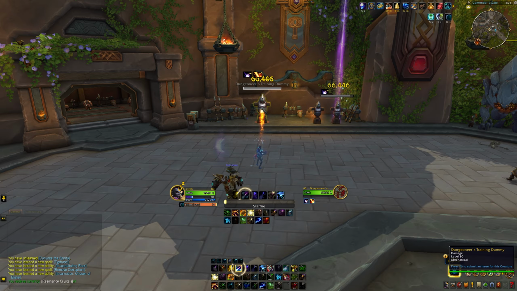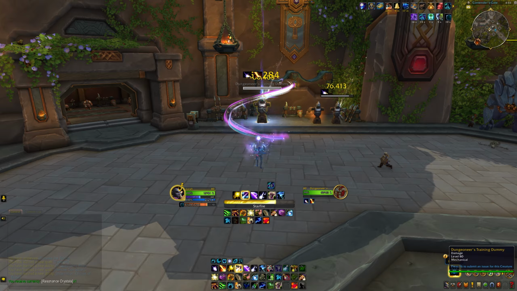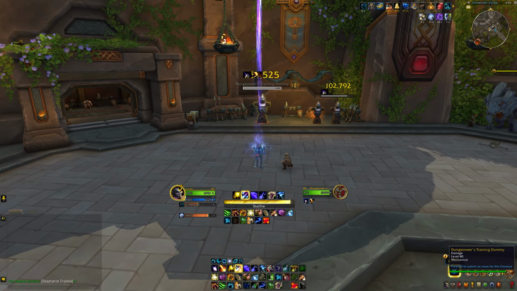An example of one of these features is the cooldown manager, which is essentially Blizzard's response to weak auras. I actually made a separate video covering everything you need to know about the cooldown manager, and I go step by step in setting one up for myself so that you can see it in action. I've linked that video down below if you would like to take a look at it. Much like weak auras, it houses all of your major rotational abilities, showing you all of your cooldowns, showing you which abilities are active, showing you the uptimes of your buffs and debuffs, essentially removing the need to rely upon action bars mid-combat.